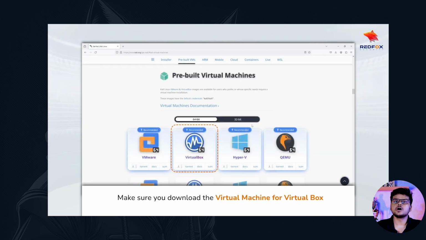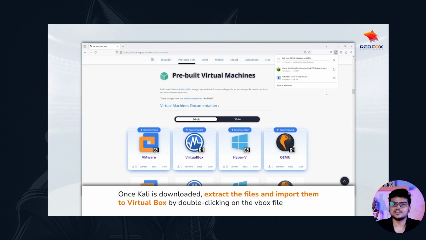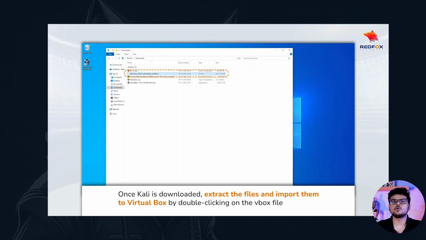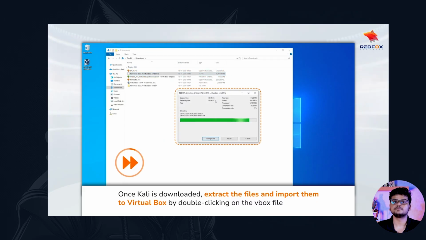Make sure you download the virtual machines for VirtualBox. Once Kali is downloaded, extract the files and import them to VirtualBox by double clicking on the VBox file.